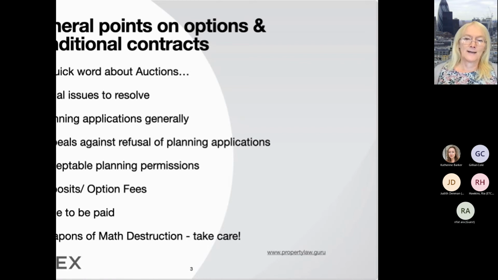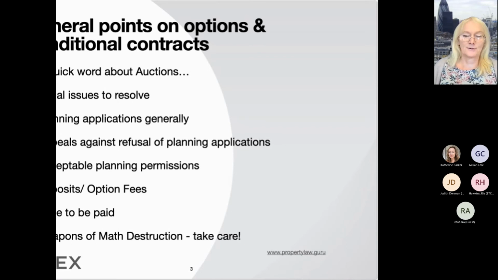So therefore, in order to unlock the grant of a planning permission, the option or the conditional contract will say that the owner of the land must enter into any Section 106 planning obligation that the builder reasonably wants them to enter into, either a unilateral one in the case of a planning appeal or a bilateral one, they're both entering into it if it's going to be a negotiated consent. And also, if the seller has got a mortgage on it, then the seller's mortgagee would also have to confirm that any rights needed were going to be released.